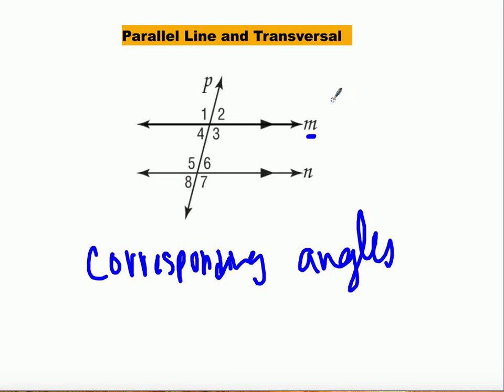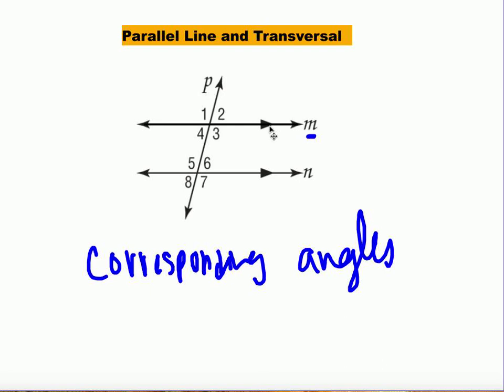Now let's see how we find that. If we analyze this diagram, we see if there's a way we can match the position of the angles from the top intersection, which is 1, 2, 3, 4, to the bottom intersection, 5, 6, 7, 8. Are there any matching angles that we want to figure out? So one way to do this is by